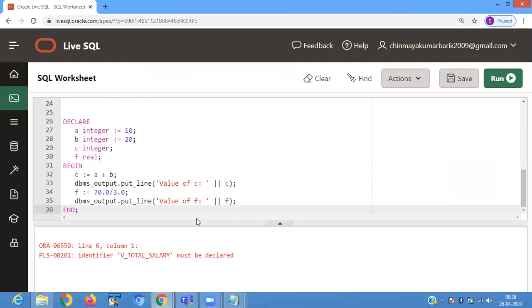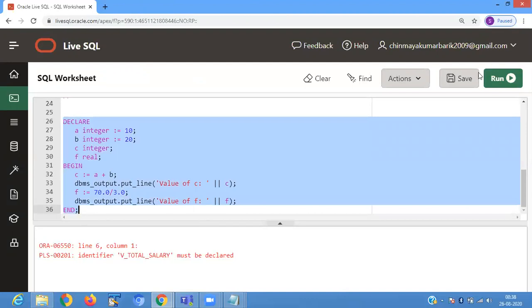Then it is printing the value of C. Then F equals 70.0 divided by 3.0. That divides the numbers and shows the value as float. The output shows value of C is 30, then value of F is 23.33.